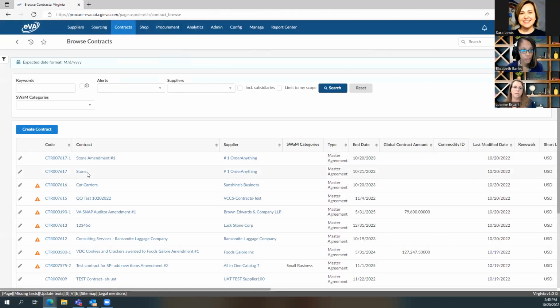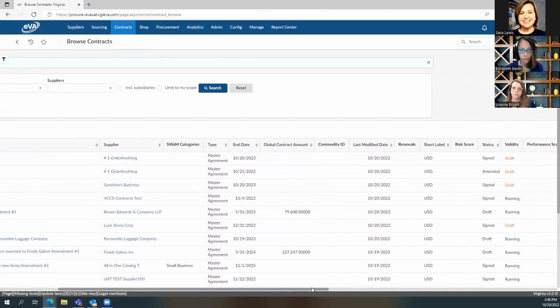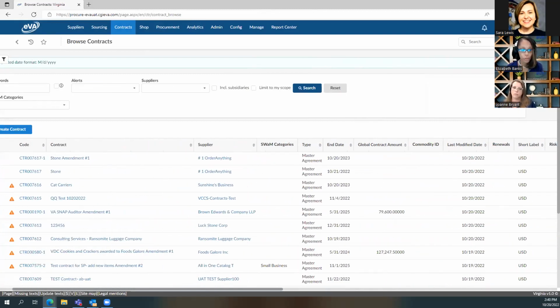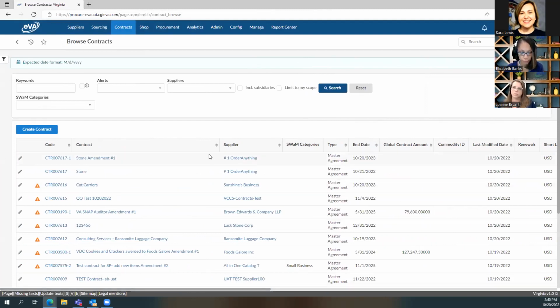And now you can see the stone original contract is listed, and you can see that it is amended and signed. And it's, of course, in the draft status because we have to wait until the supplier signs it and sends it back. Once that has been done and it has gone through the process, the validity will turn to running and your contract will be valid.